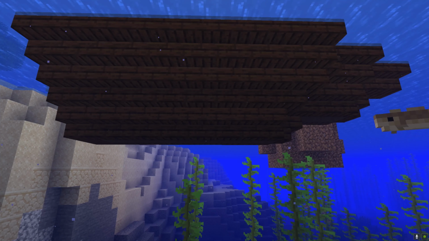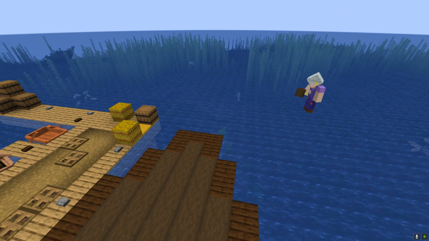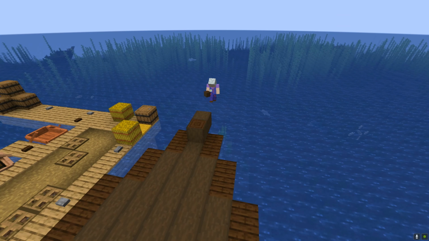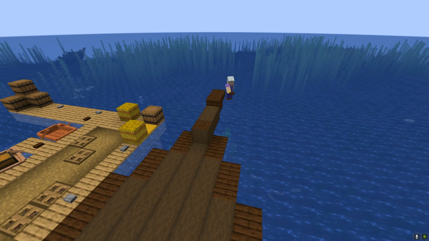You can see how the hull seems rounded. Right, there we go. You can see it clearer from the top. Now I'm going to put the bow on the front of the boat. So I'm going to come off a little bit with some solid blocks and then finish off with a step up